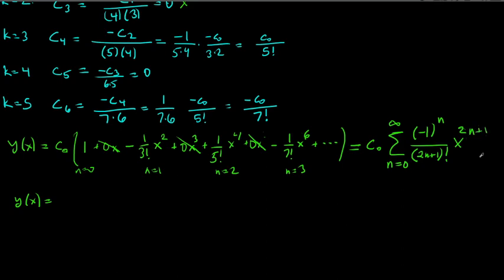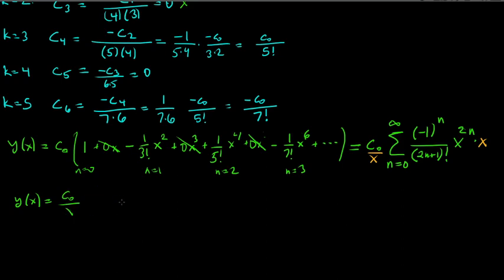Well, I would have to multiply by x. And can I multiply by x? Well, sure. Multiply by x as long as I also divide by x. Right? So, see what I did there? Little trick. I can multiply by x on the inside of the series and divide by x on the outside of the series. And so by doing that, I get C0 divided by x times, right,